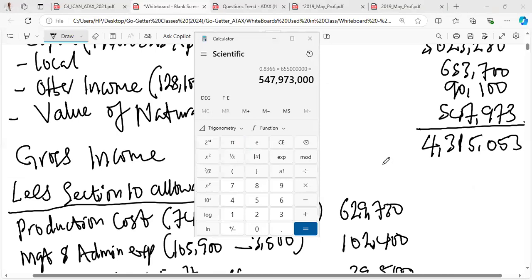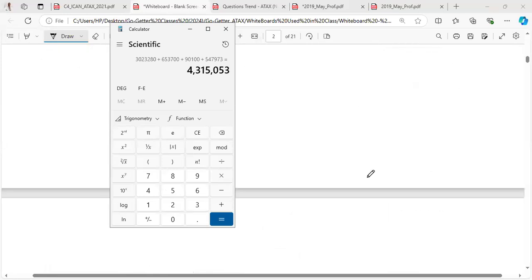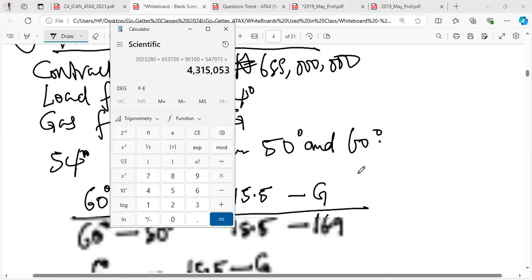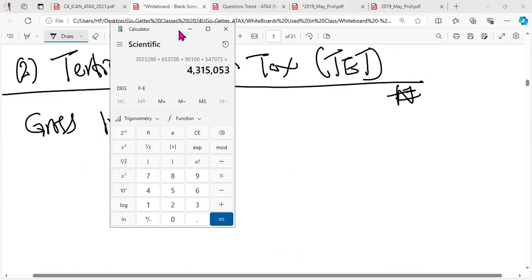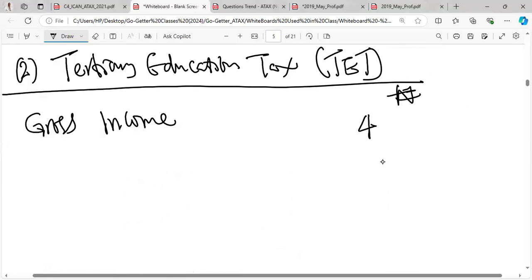So let's go where we write it down. So this is 4,315,053. That's your gross income,